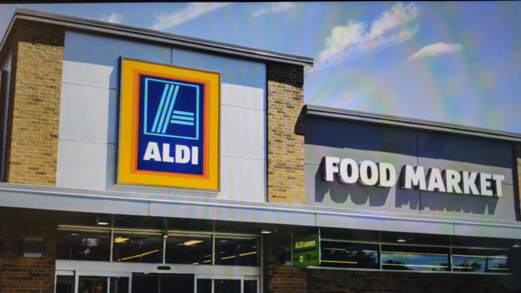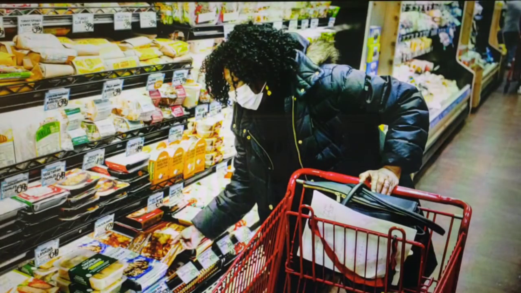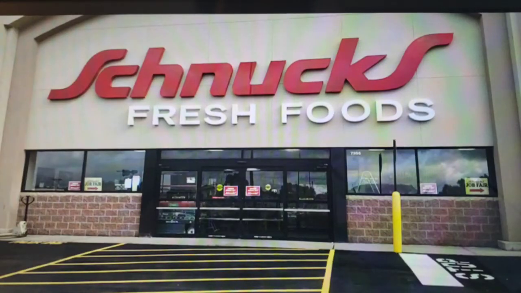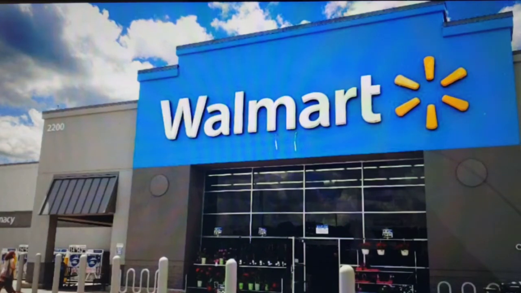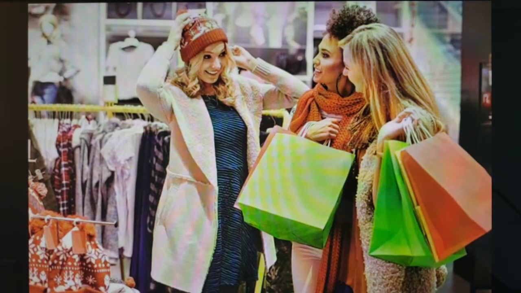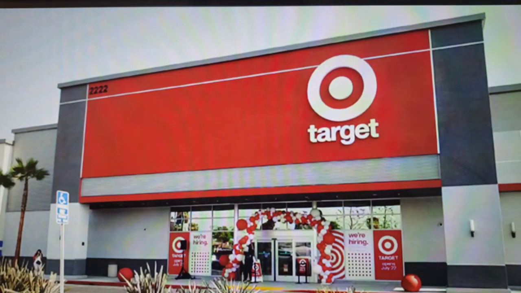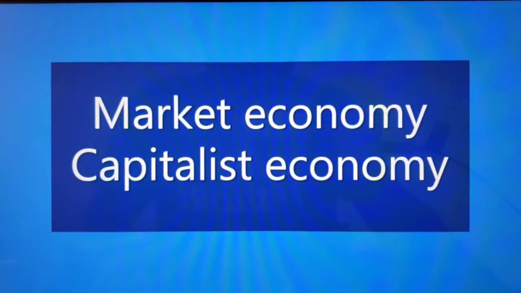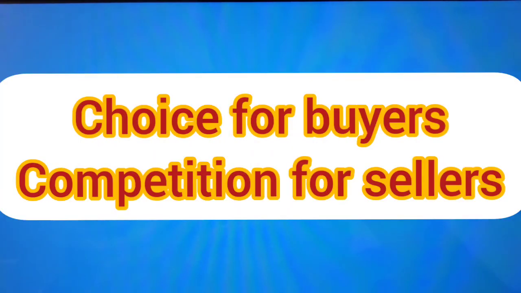The other point is there are so many choices to shop from, right? Aldi is one. In our state, Schnucks is the other one. So you can choose one of these stores to go buy whatever you want, your grocery, your clothes, and everything. This is called market economy, or we call it capitalist economy. So the United States follows market economy. That is the economic policy for the US. So there is competition, there are so many choices among so many